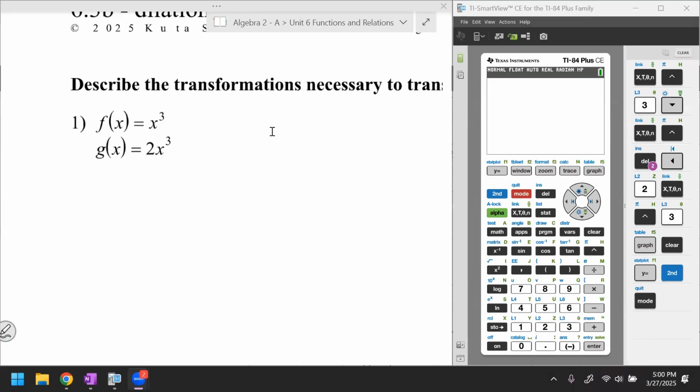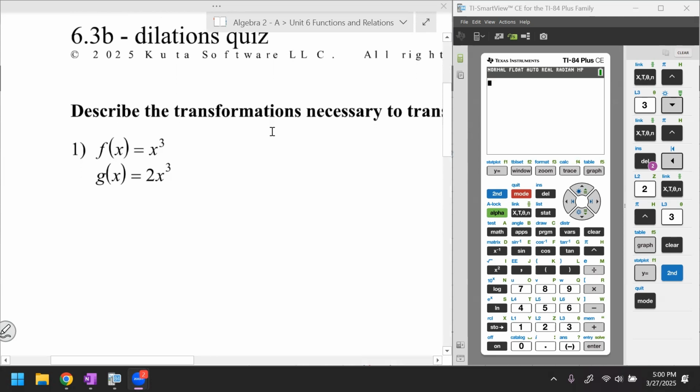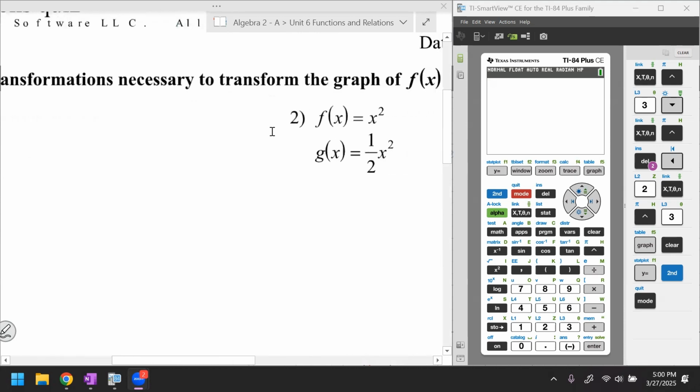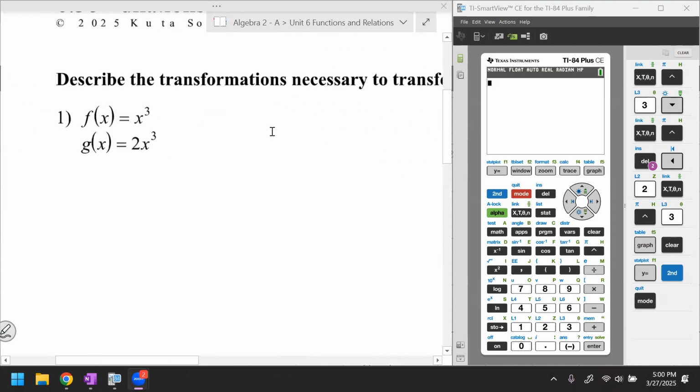Let's solve mini quiz 6.3b. We'll start with the first question, which says, describe the transformations necessary to transform the graph of f of x into g of x. Okay, and I'm going to do this question wrong the first time because a lot of people made the same